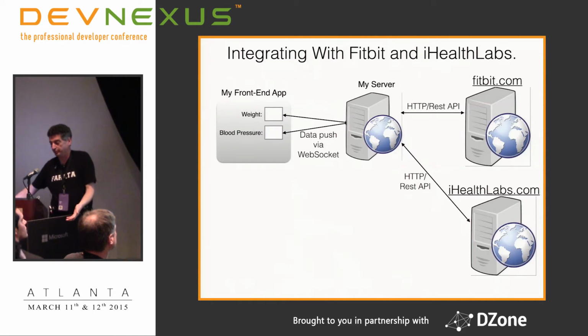Then we bought another device from a different vendor. We open up their documentation, their API, and we read it. Again, typically, they offer you REST API, and they offer you OAuth 2 for authorization, maybe OAuth 1 or OAuth 2. I'll talk about it in detail. So if we bought another device, we need to do this line for another vendor. But again, we are in the middle. We accumulate all the data and we push the data to our screen.